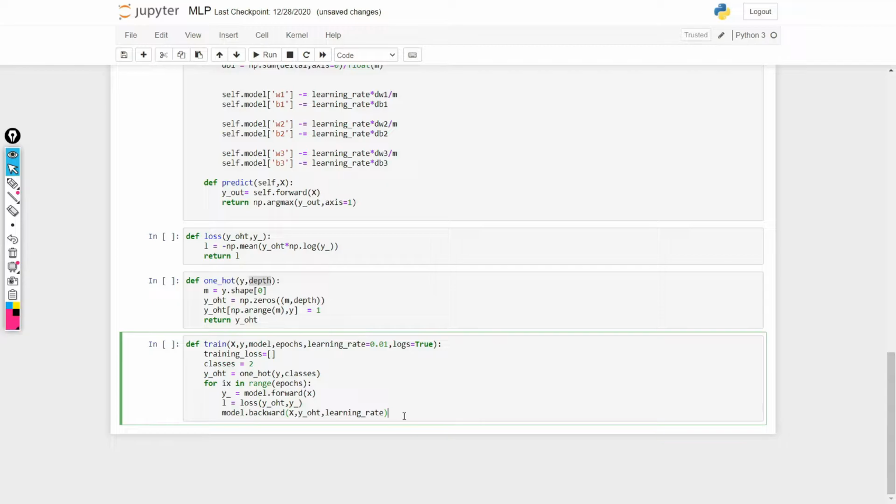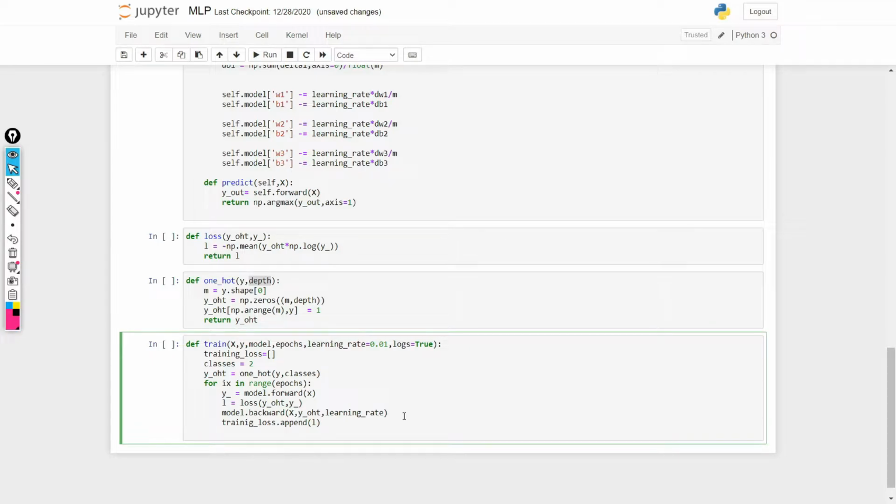Now what we are going to do is training loss dot append. We are going to append our loss to the training loss list.